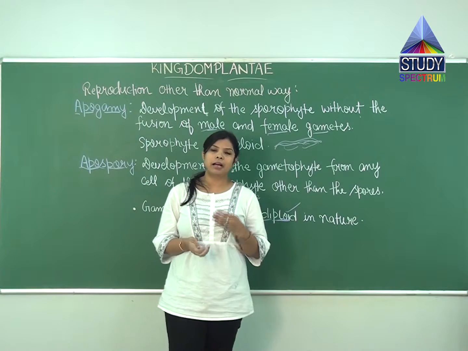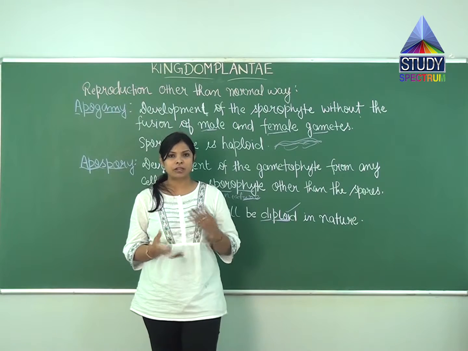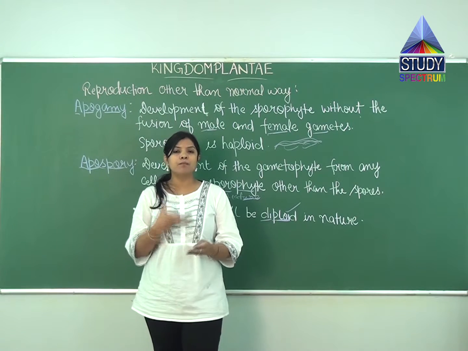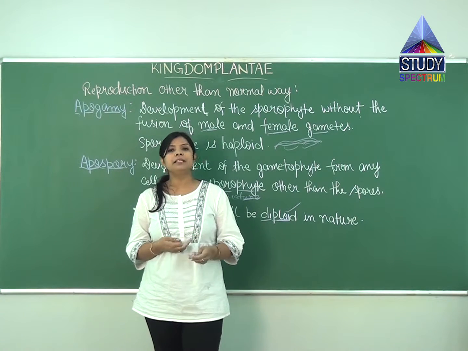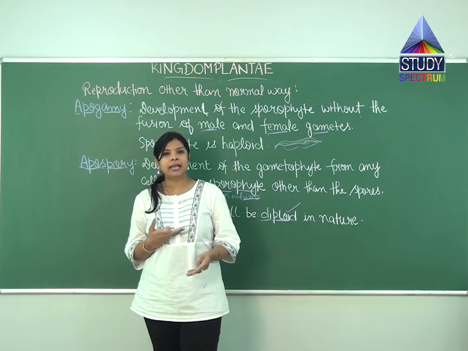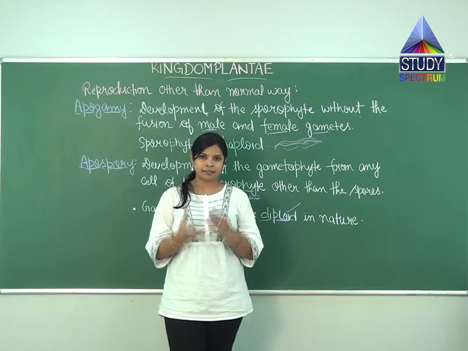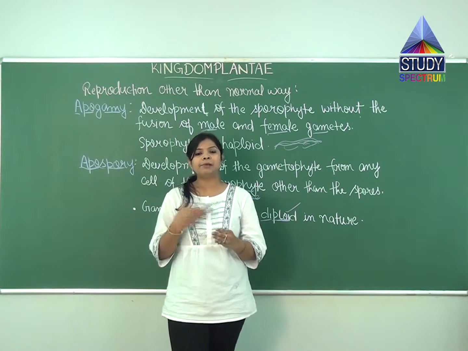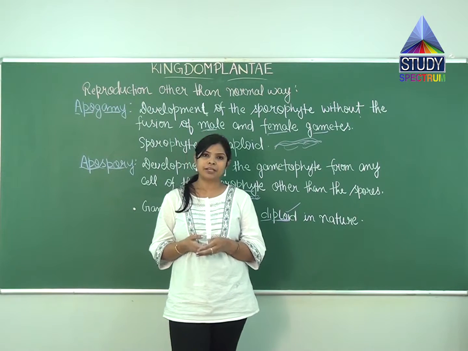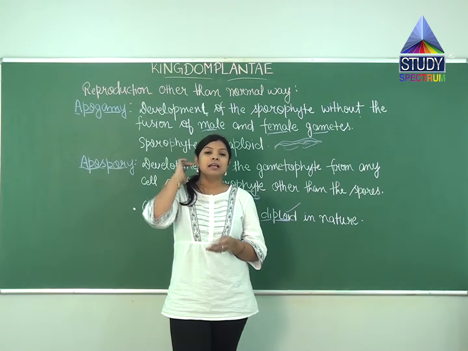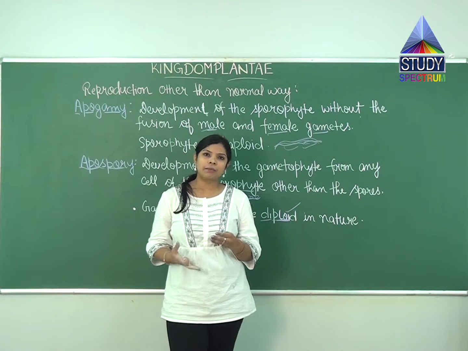So students, now we have ended the division pteridophytes. What is the structure of pteridophytes? They are more advanced than the bryophytes, as they have a well differentiated body, meaning the body is divided into stem, roots and leaves. Other than that, well developed vascular tissues are present in pteridophytes, whereas if you recall, in bryophytes vascular tissues were absent. Also, in pteridophytes, roots are present. So that is all about the pteridophytes.